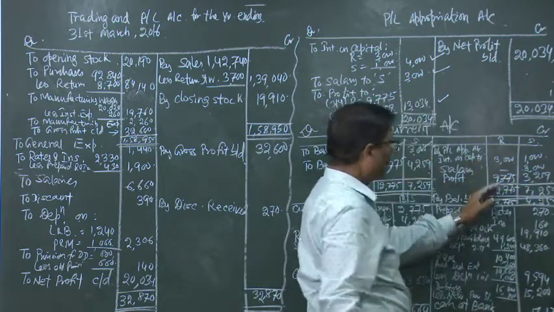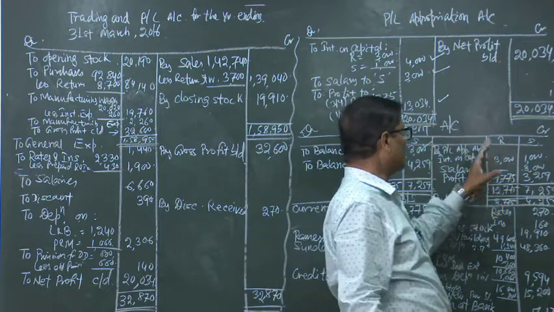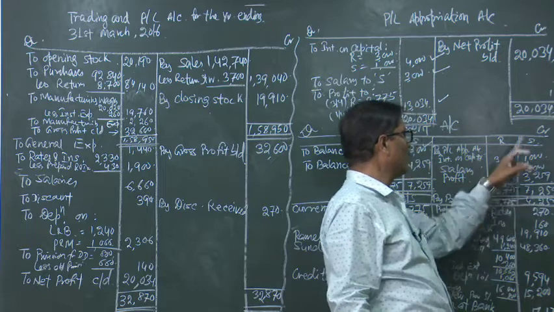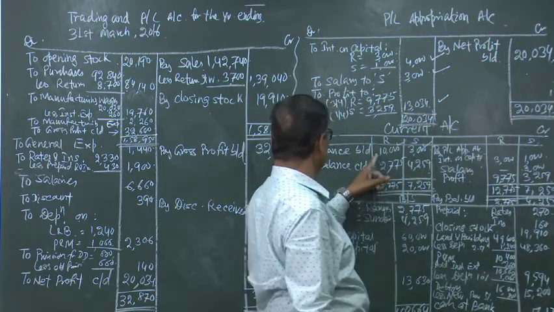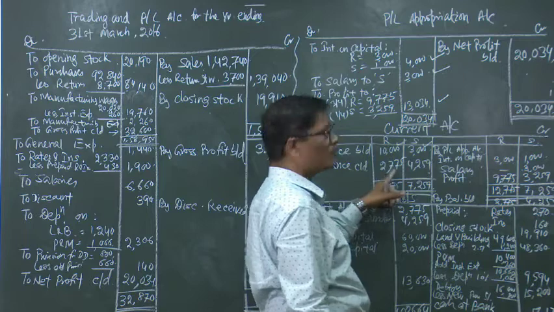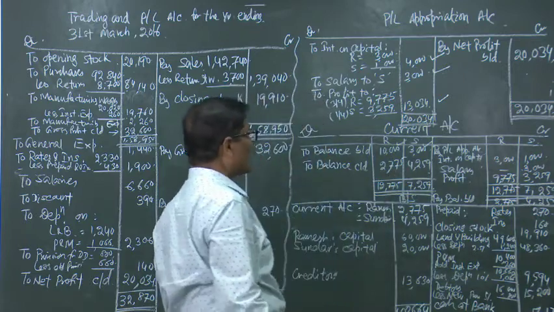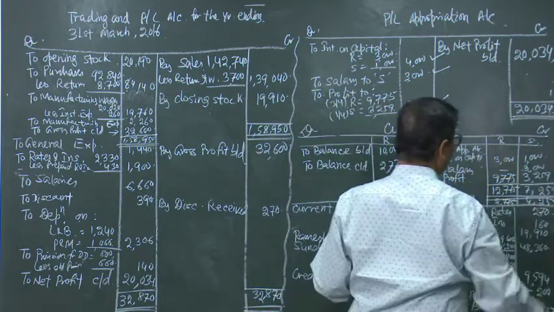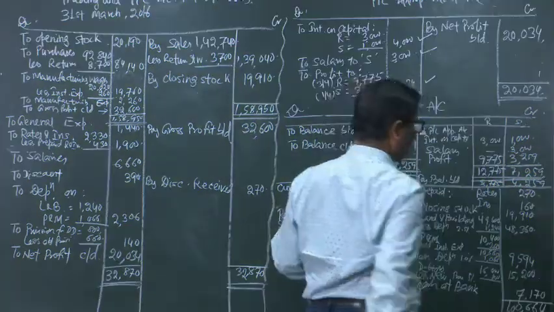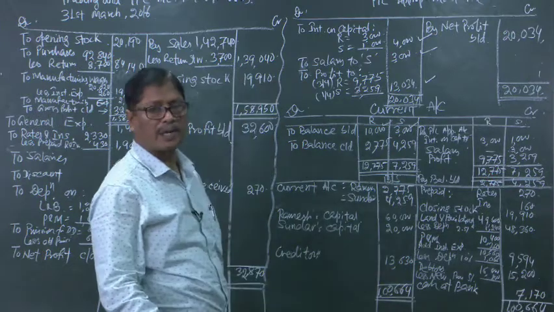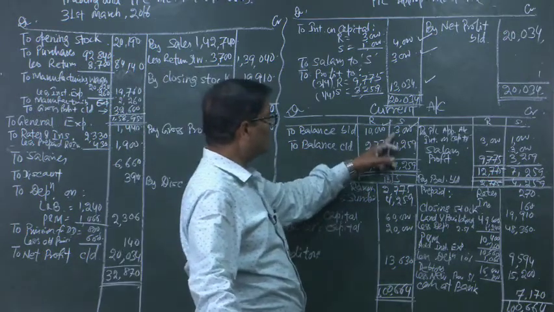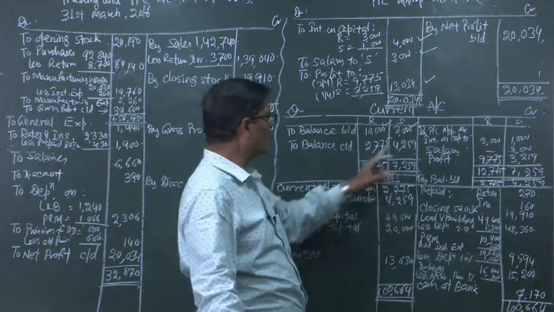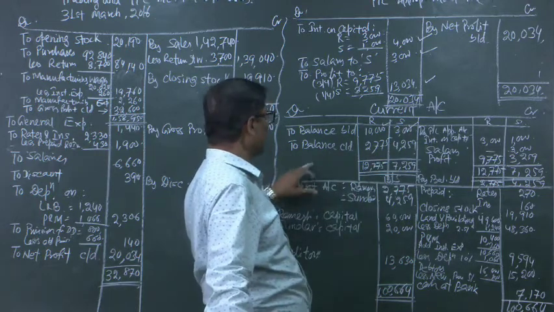In this way the total of the credit side of the current account of Ramesh is coming to 12,775 and his debit balance is only 10,000. So, his balance is a credit balance of 2,775 so far as the current account is concerned. Similarly, Sundar is having a total credit of 7,259 in his current account, whereas he has got only a 3,000 debit in the opening balance. So, the remaining balance of 4,259 will be standing credited to his current account.